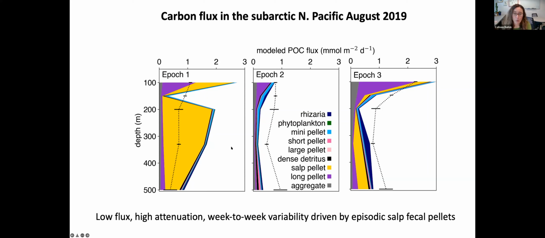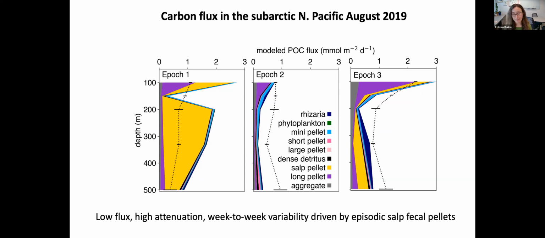And what you'll notice about this location is, first of all, carbon flux is really low, between 1 and 2 millimoles of carbon per meter squared per day. There's really high attenuation with depth. And there's this week-to-week variability in the composition of the particles that's largely driven by this episodic presence of salp